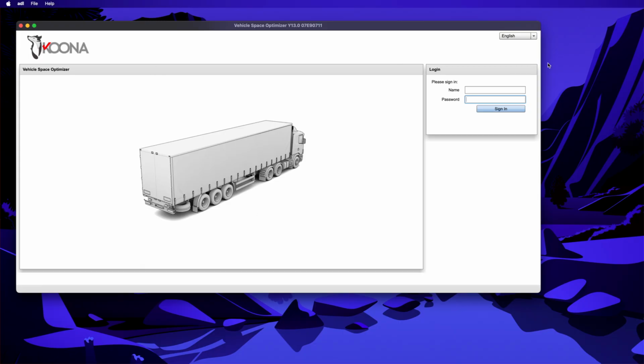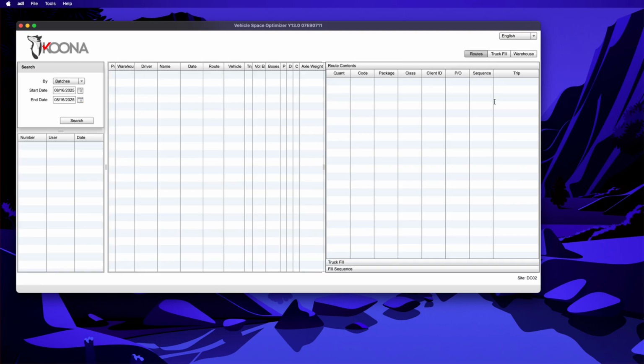So first we run the application, we configure it if we haven't done so, and then we log in with our username and password. Once we're there, we go to the routes section. Routes section has